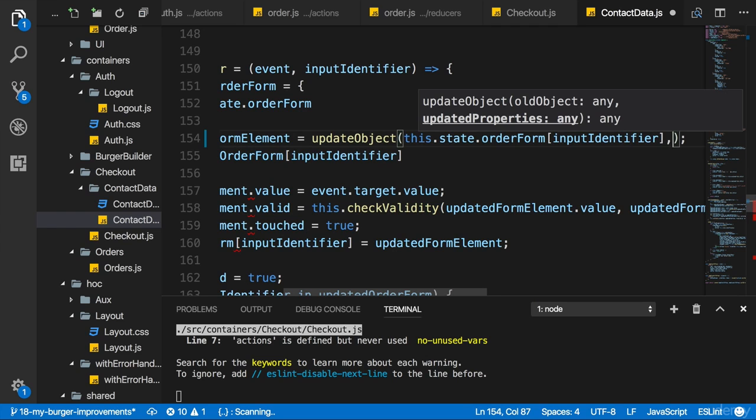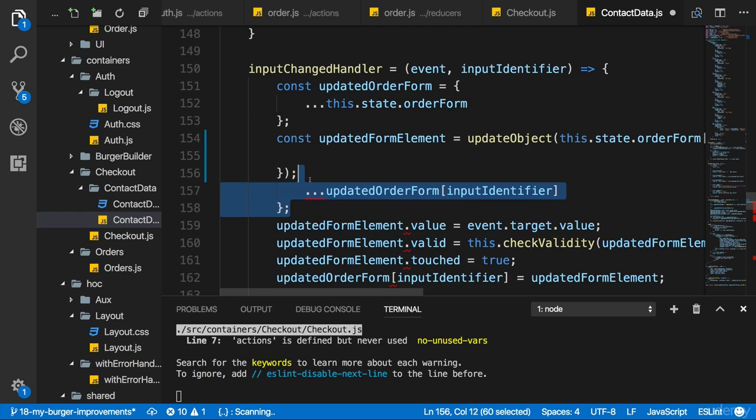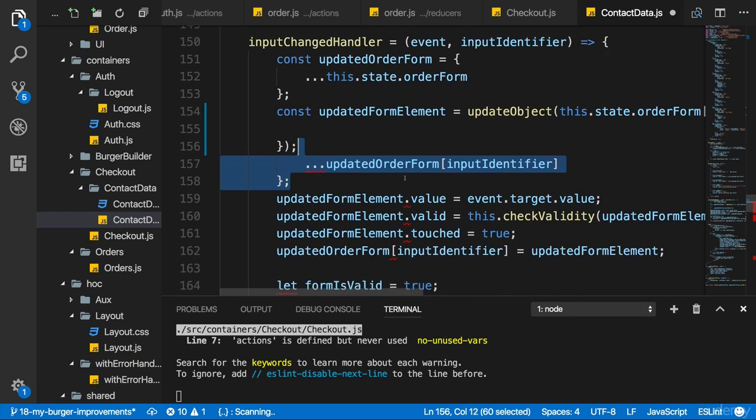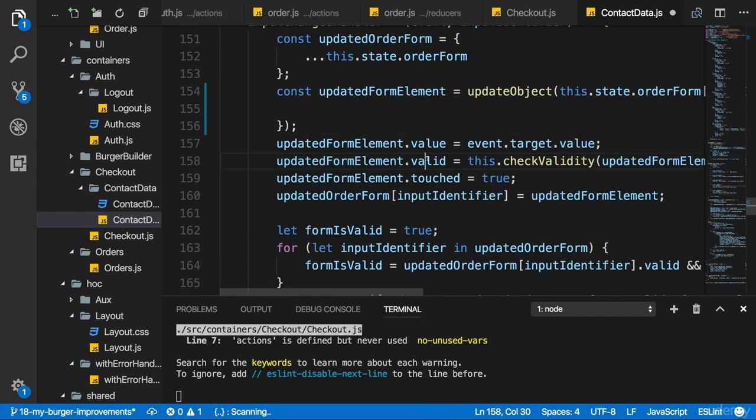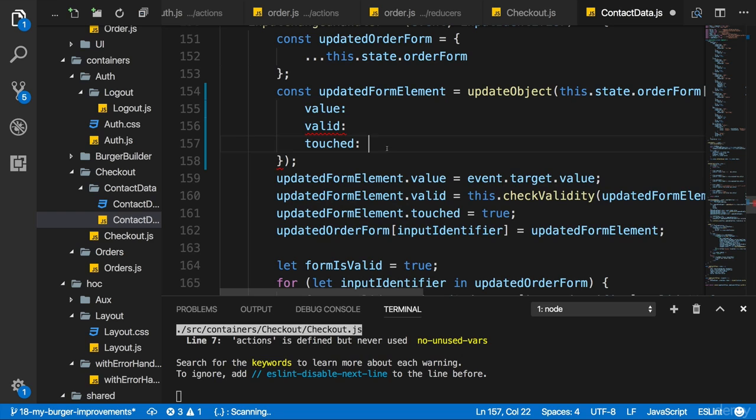And then I need to pass a second argument, which is a JavaScript object with all the properties I want to override. Now these properties can be found here: value, valid, and touched. So I can simply set up value here, valid, and touched, and copy the respective values I used down there without semicolons at the end because we're inside the object.